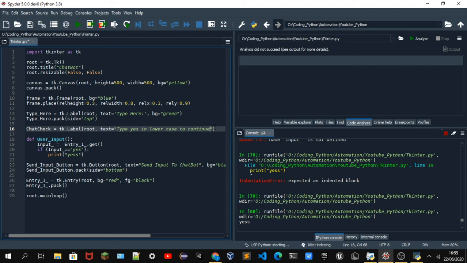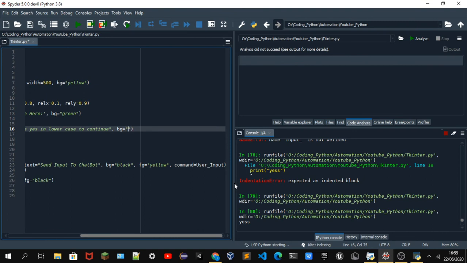Sorry, I accidentally said it multiple times. So let's make the background equal to black, and then let's make the background equal to